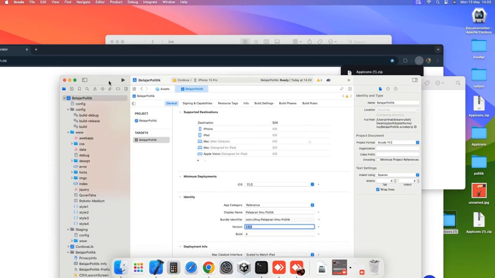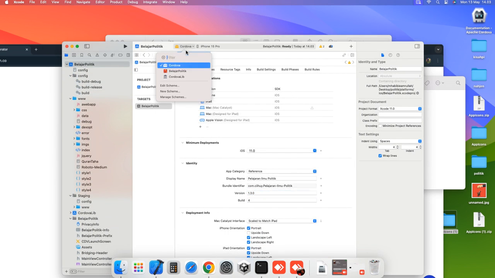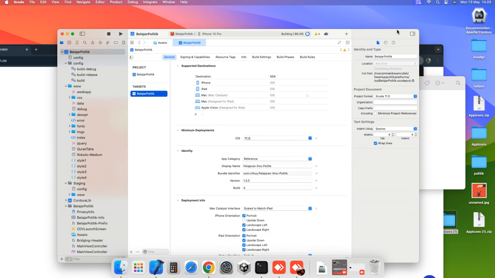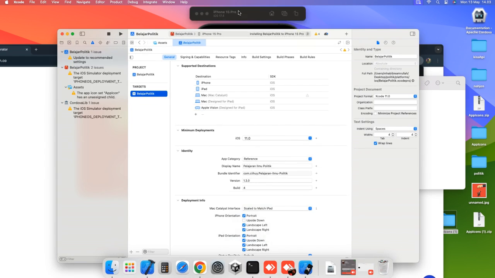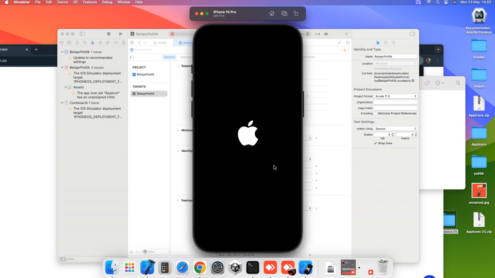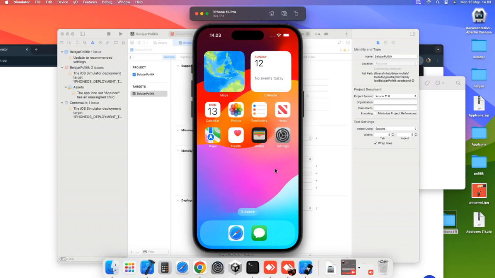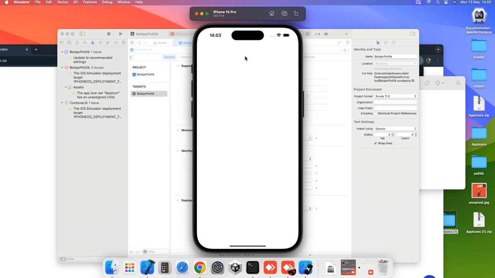If you want to try to run it on the simulator, you can select this one, then hit the play button to run it on your simulator. It will run the iOS simulator here. It is installed here, and let's see how it is running on this device.